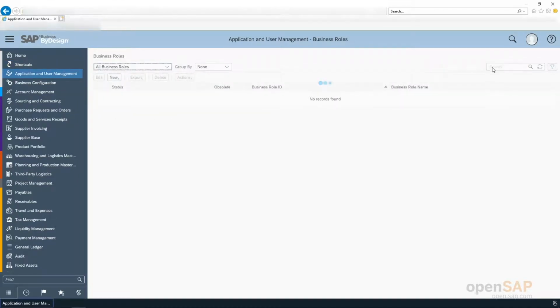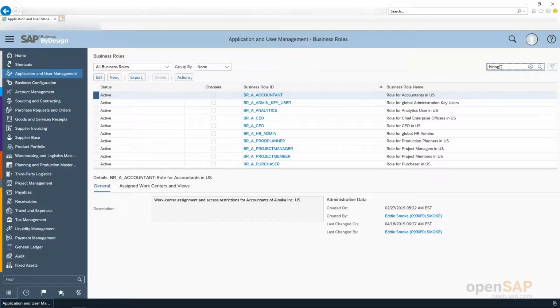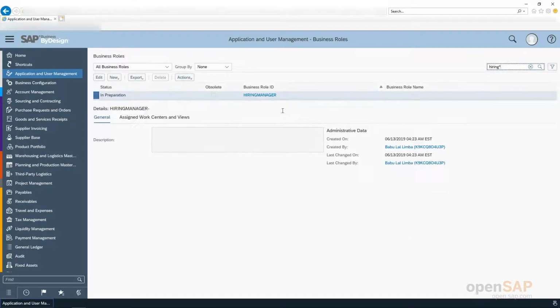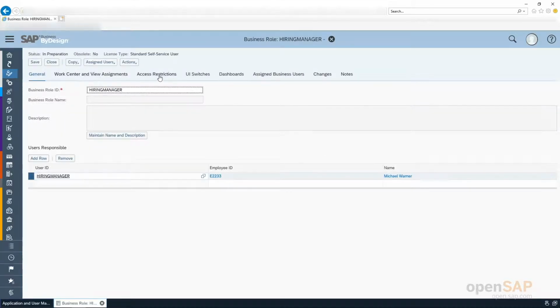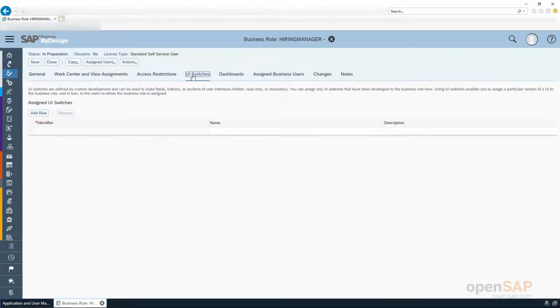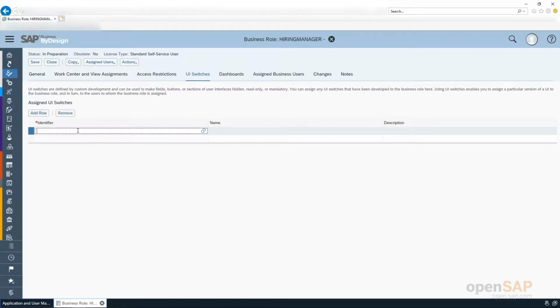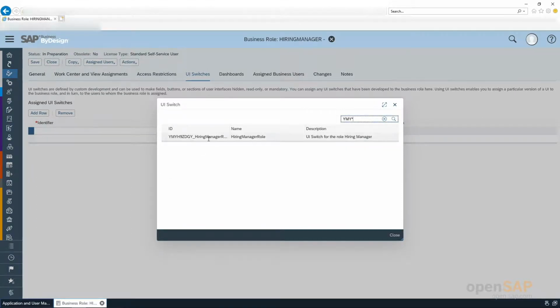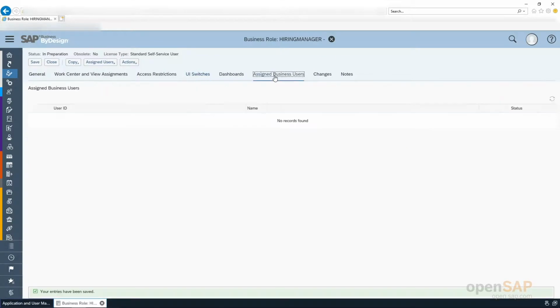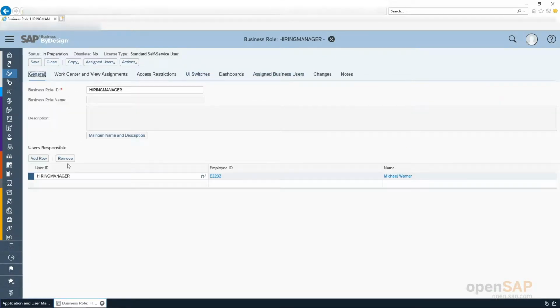I have created a particular role, but I forgot to assign the UI switch to the role. So, we have to go again into the UI business role. Let us go to the UI switches tab here. Now I will find my UI switch that I created in the add-on. Let us do F4 help and type the Y name of your solution and star. Now it is visible, you can select it. So, this is the UI switch that is assigned to the business role hiring manager, and we will activate it.